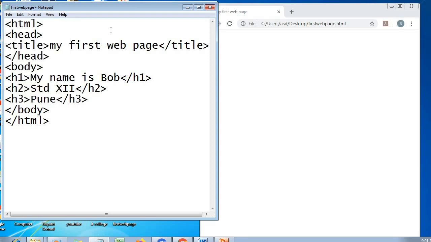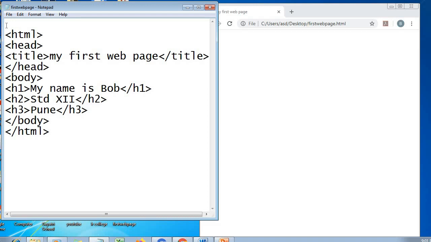But let me tell you before changing the program that this is simple HTML code. If you want to use it for HTML5, you have to use one header line and this is the important declaration. Here you should use doctype html. Doctype html is the one to declare the document type. So the document type declaration is written using doctype html. Now you can save this.